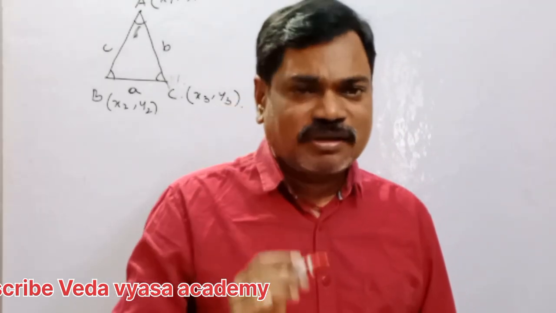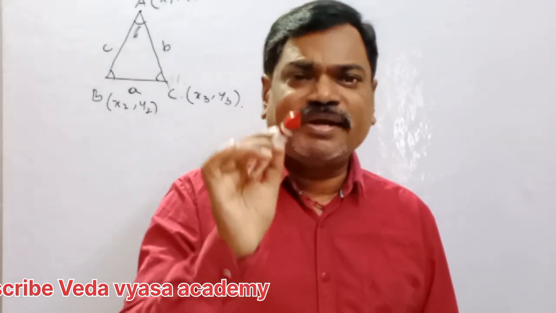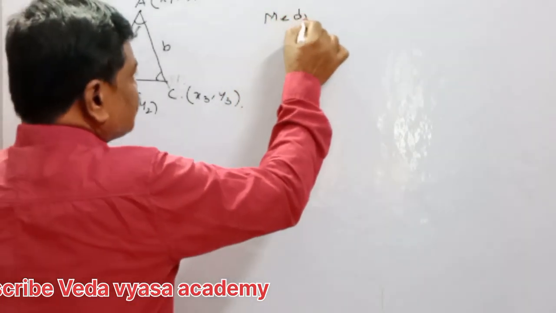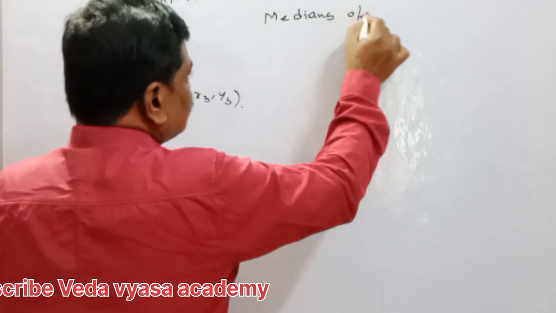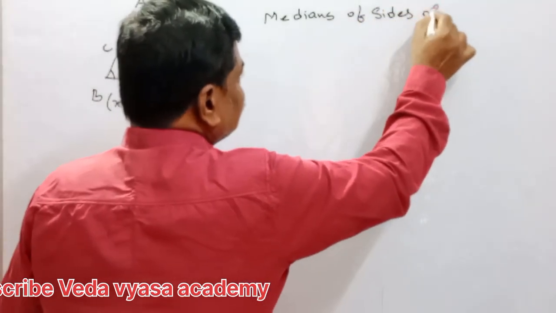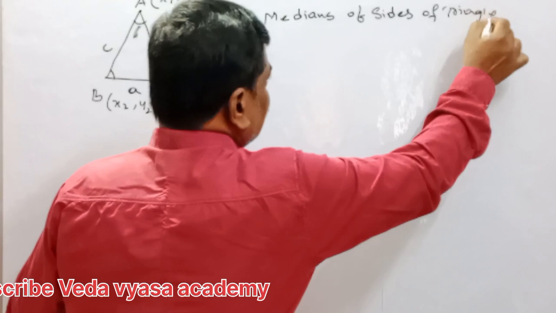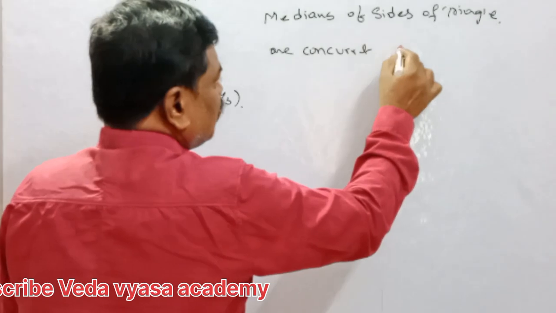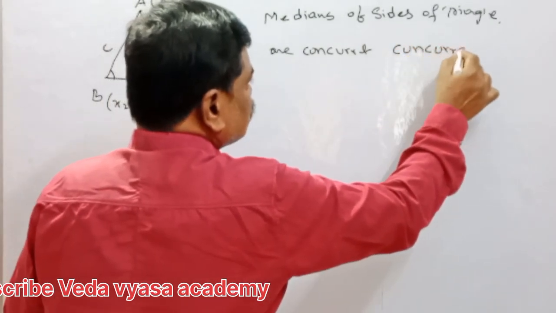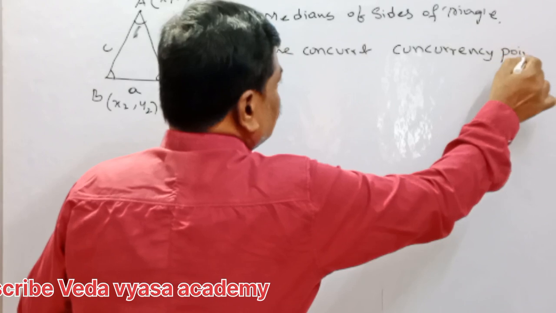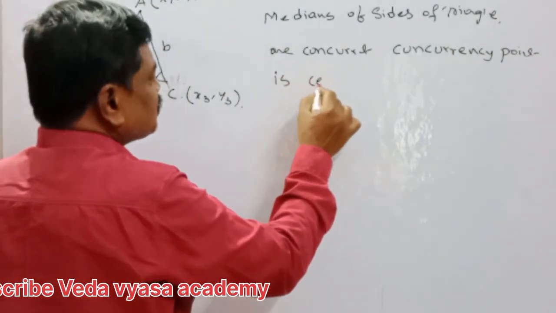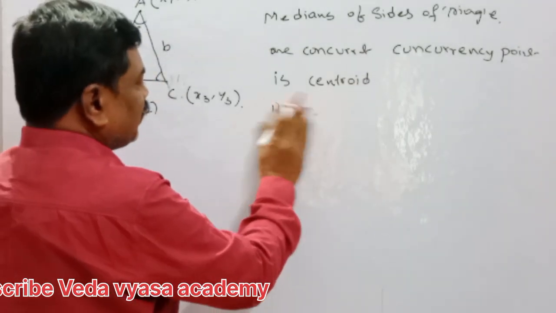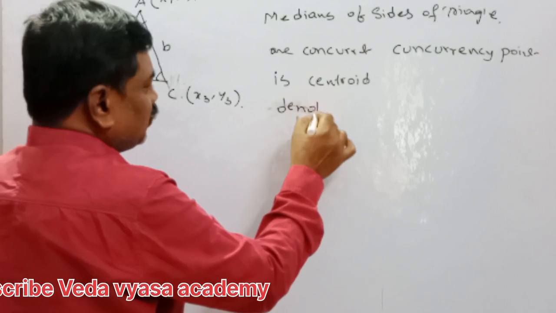The concurrency point is the centroid, represented or denoted by